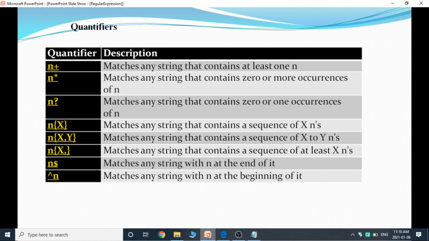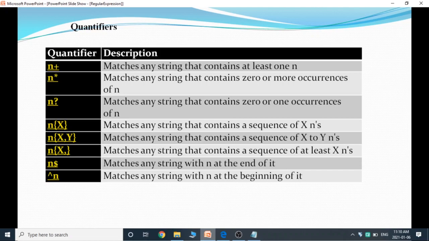Each special character has a specific notation, for example plus, asterisk, question mark, and dollar sign. Here I have taken the quantifiers n plus, n asterisk, n question mark, n dollar. All follow a character sequence.